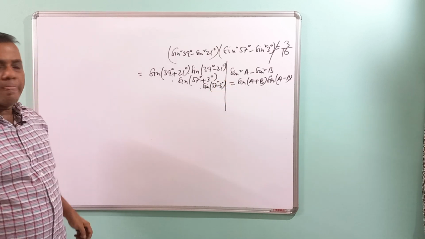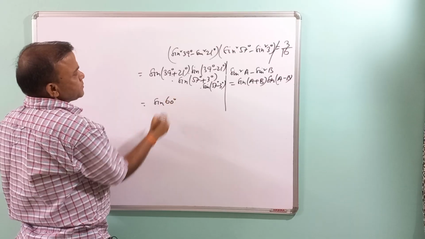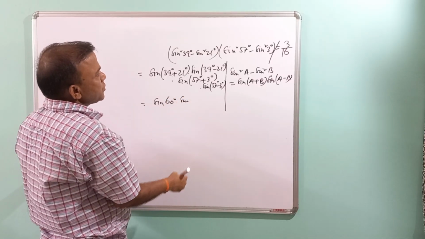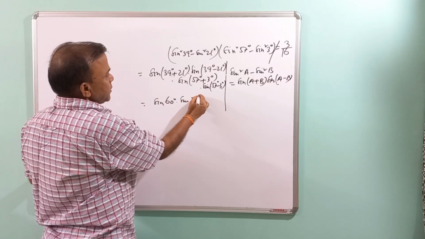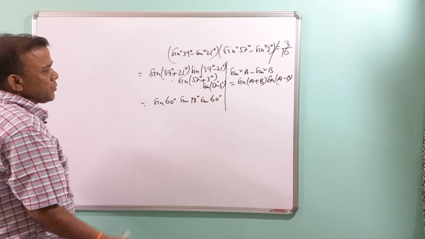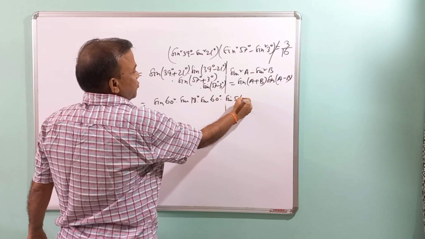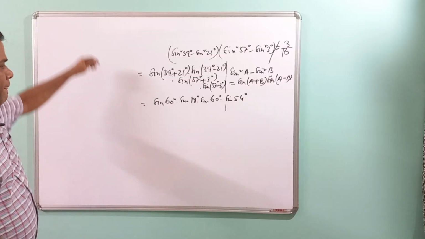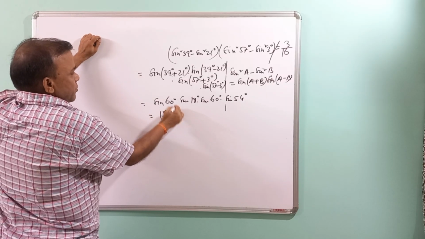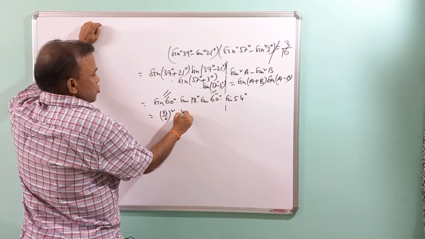Okay. So sin 60° into sin 18° into sin 60° into sin 54°. Okay, sin 60° is root 3 by 2, whole square,